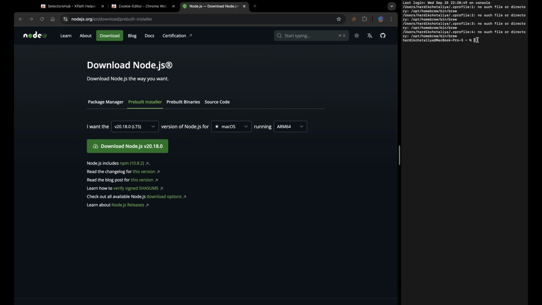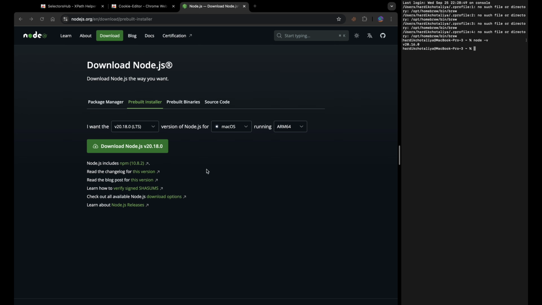Then we will check which node version is there. So node -v, and here you can see we have version 20.16, which we updated about 2 weeks back. Currently it is 20.18, but it doesn't make any difference.